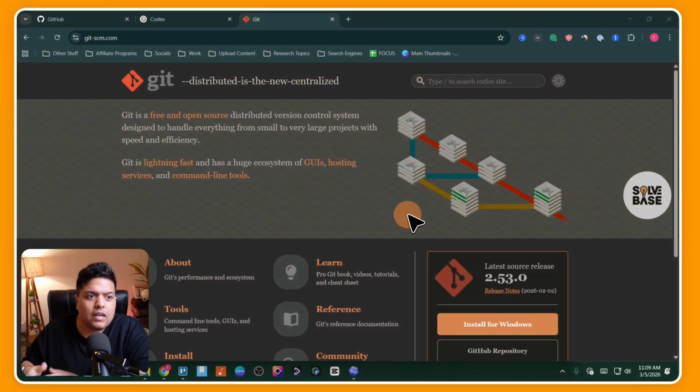Here's how to install Git on Windows 11. Let's get to it. So you need to go over here on Chrome,